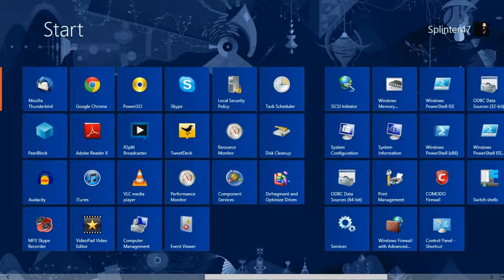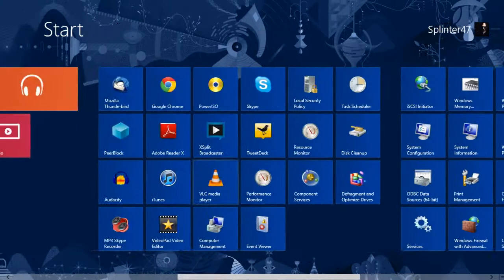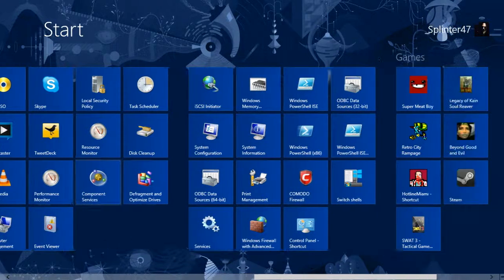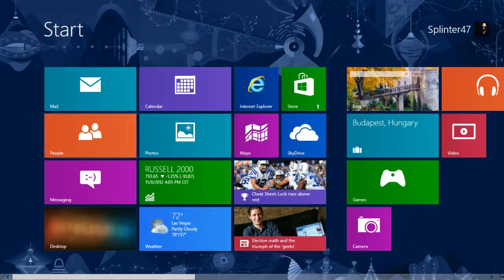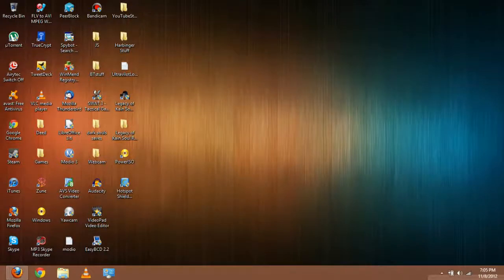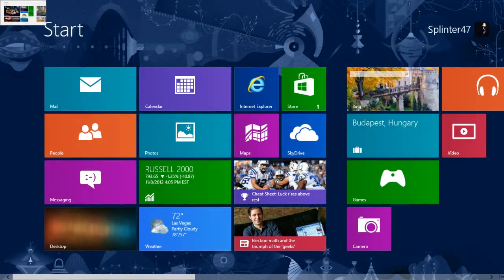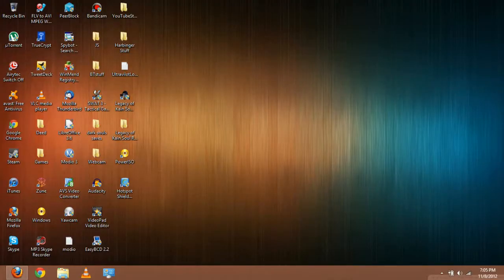So this is pretty much all the programs here that you have. Normally that would be on the start button, but they're all here, and if you don't happen to see the one that you have, you usually have to search it out and put it in here. That's a little counterintuitive if you ask me, but I usually have all the stuff I use right here on the desktop,